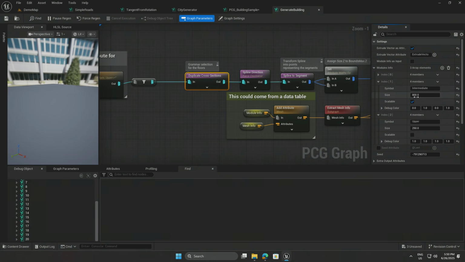But I've also told it, you can actually even tell it which things are considered scalable. So if I'm trying to fit into 1,500 units, and I've gotten to 1,400 units, I'm allowed to stretch this floor by 1 meter in that direction. Do you know what I mean? You can kind of tell it which ones are flexible versus which ones aren't, or you could tell it to bail out early. That's up to you. Okay? So this grammar rule set is something that is really important to wrap your head around as you start